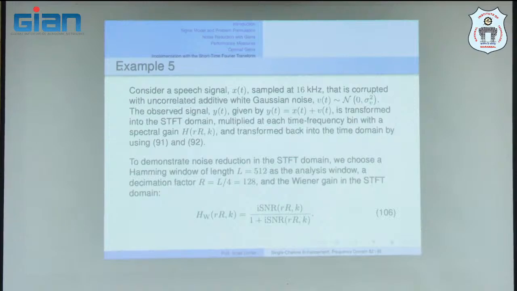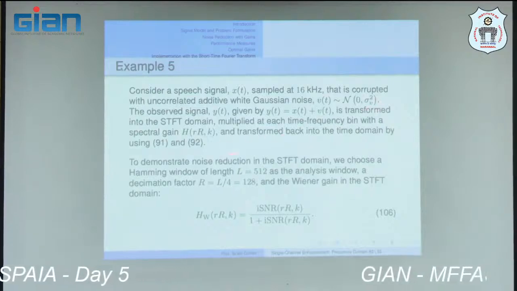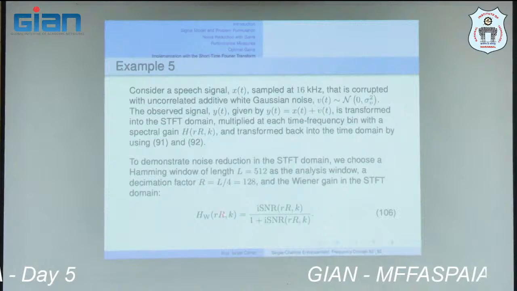Okay? And play with this, because this is a very nice example to work with and try on your own. So suppose that I have a speech signal and it's contaminated with white Gaussian noise with a certain variance. Okay? So the input SNR,